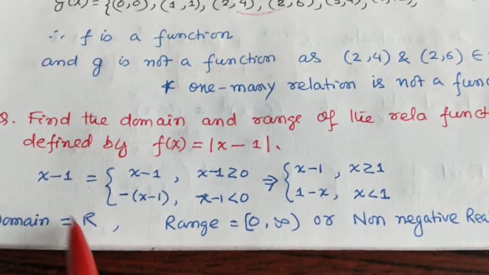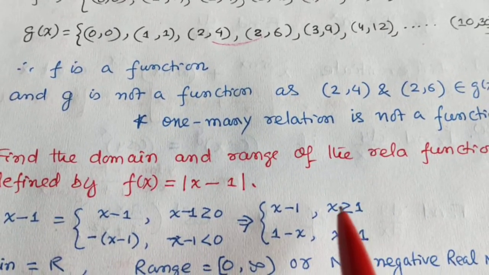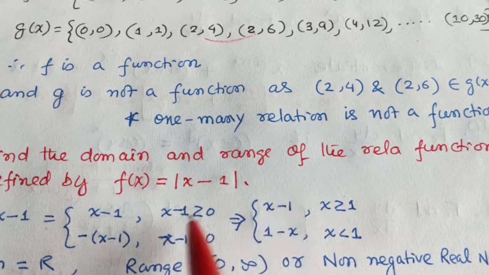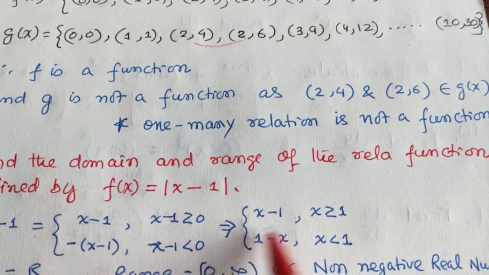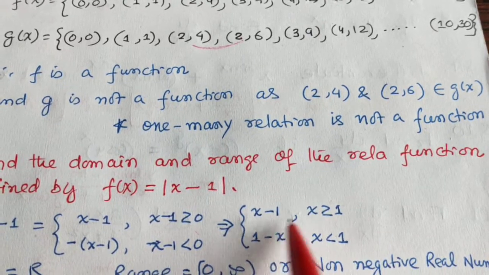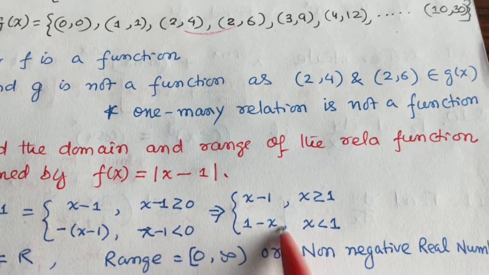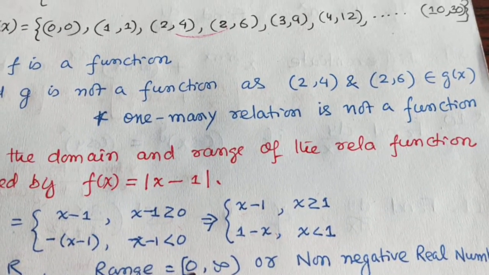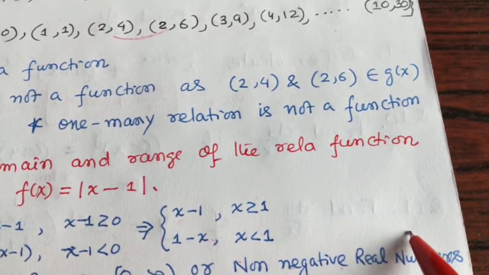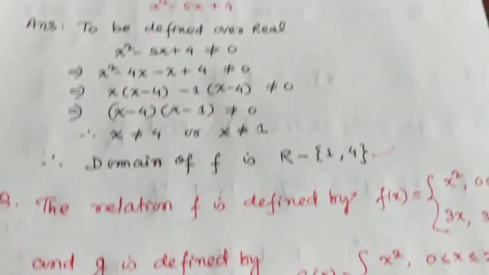Okay, now domain will be, no matter, all the real numbers. But what will happen to the range? रेंज अगर आप देखोगे, आप वैल्यूज पुट करते जाएंगे, हम रियल नंबर्स निगेटिव से पॉजिटिव से जो भी पुट करेंगे, ये निगेटिव कभी नहीं आएगा, never it will come. Okay, because greater than or equal to 1 में यही दिखना है. Less than 1 में नेगेटिव वैल्यूज पुट करेंगे तो ये पॉजिटिव बनेगा. That means range will be more than 0. So 0 including 0, 0 to infinity, or non-negative real numbers. This is the manner to attempt these kind of questions. Thank you.